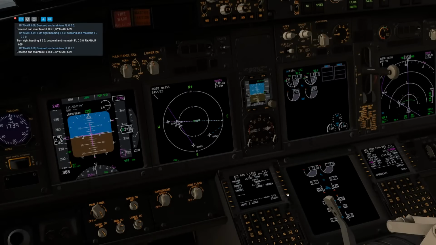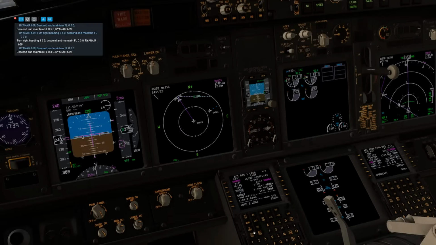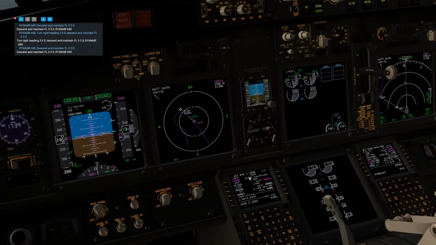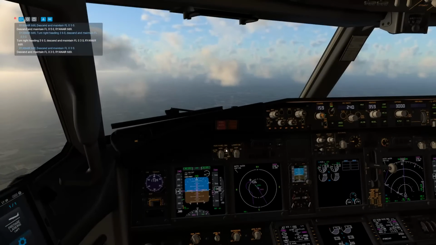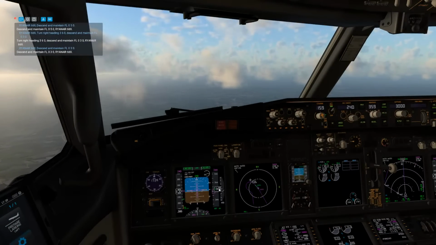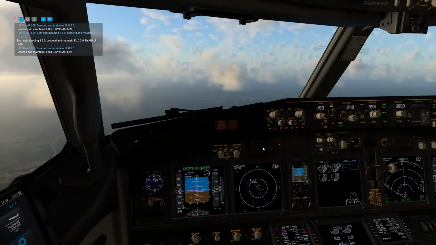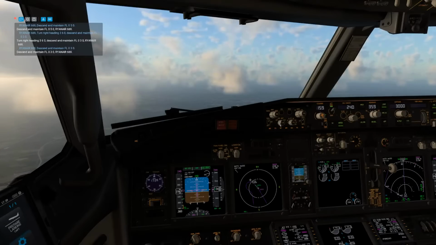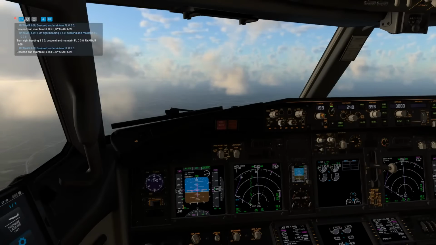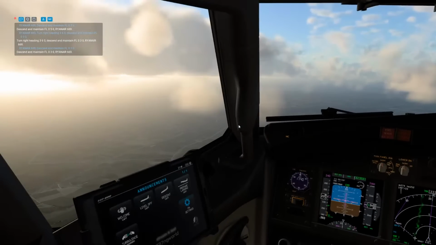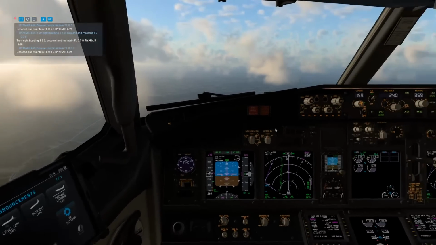All right, so that's 10 right. Okay. We'll see what ATC says. We are now at 3,000. Switch this back to map. We're definitely very low for the current sector, but